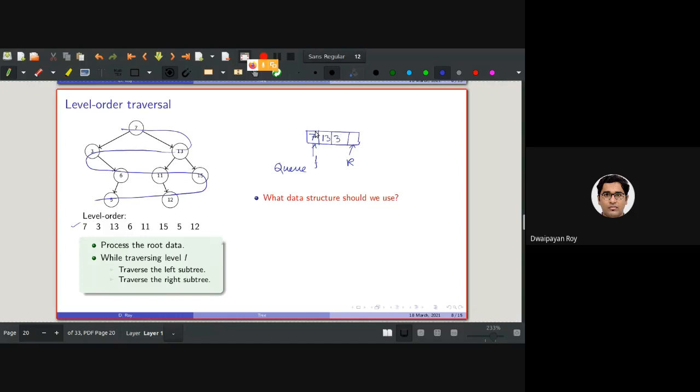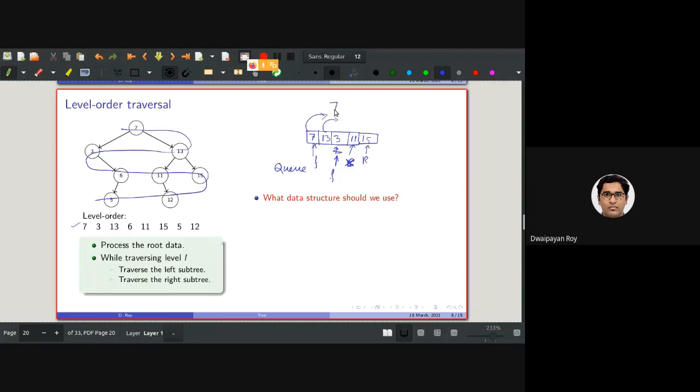And then from the front end, rear is here presently. So from the front end, 7 will be removed. Then 13 will be removed. I mean, after removing 7, 13 and 3 will be inserted. Then after removing 13, we should be placing these two. So after popping 13, we need to insert 11 and 15 in the queue. And the new rear will be here. This is not the present rear. This is also not. So now the present front is here.